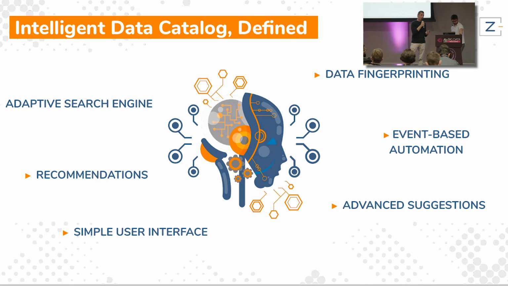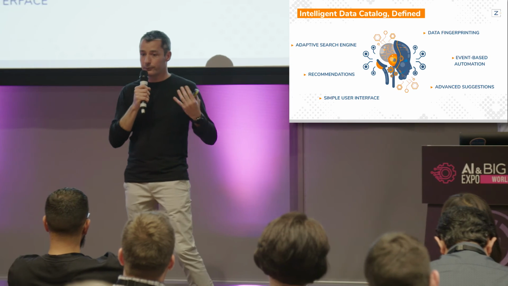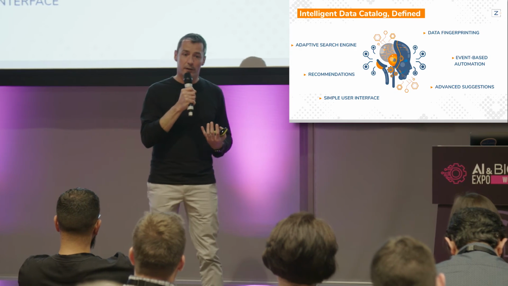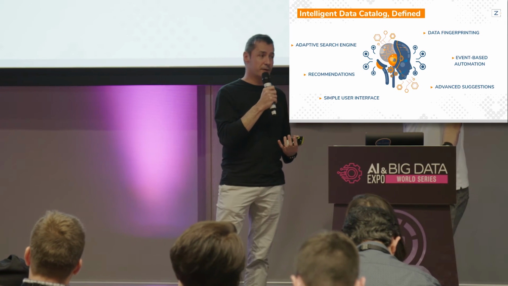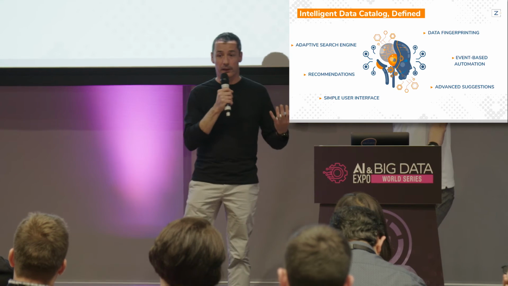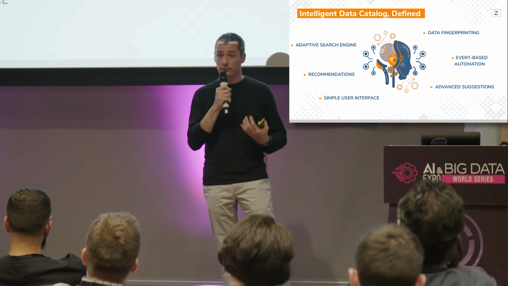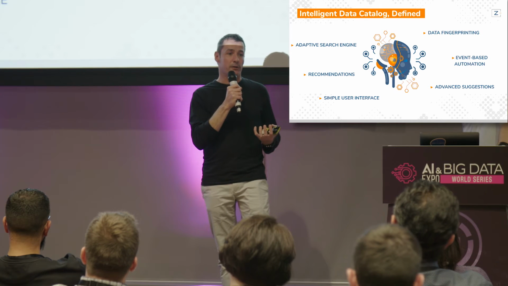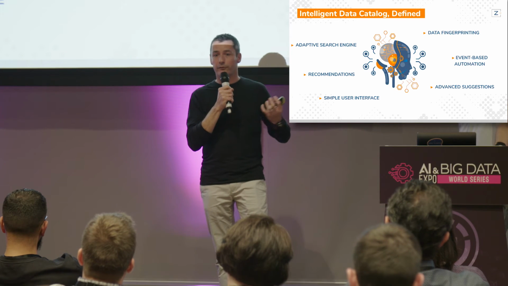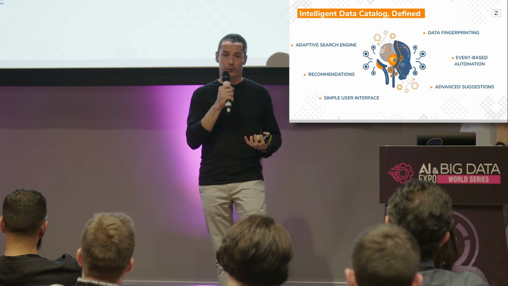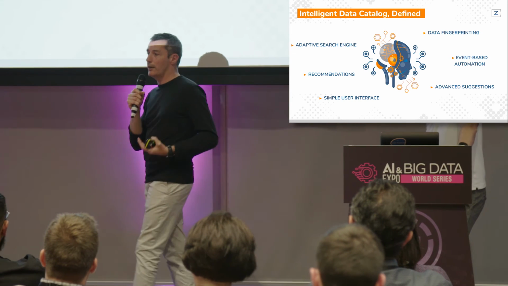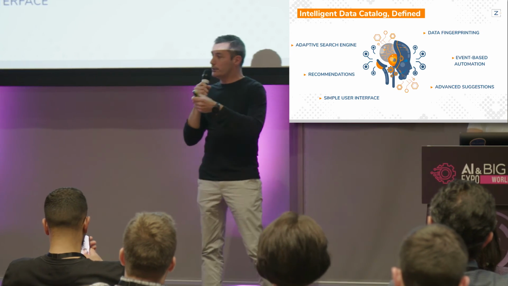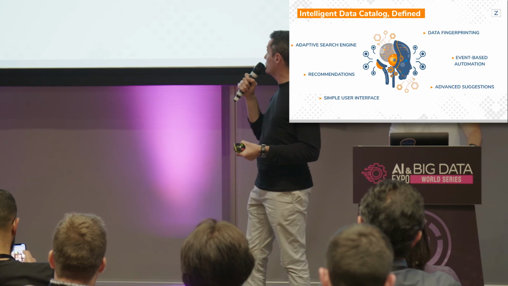So we have a fingerprint, and with this fingerprint, we can use a deep learning algorithm to learn about the data, what's its meaning. We can relate some data sets to others in your system, detect links, detect duplicates, suggest documentation. So if you have some data that has already been documented, we can suggest that if we find another data set with the same fingerprint, it's probably the same information or the same kind of information, and help the data steward link this information to the right documentation.